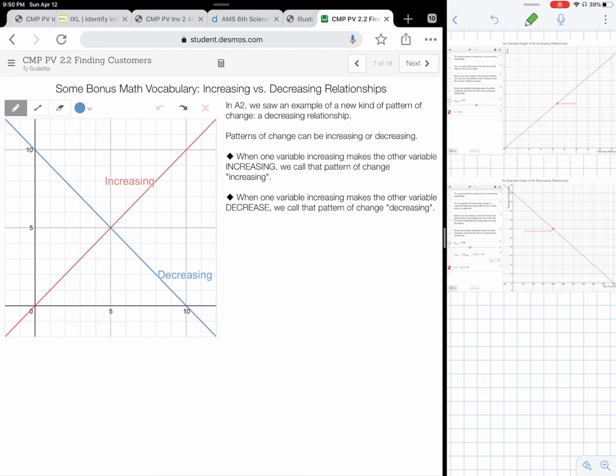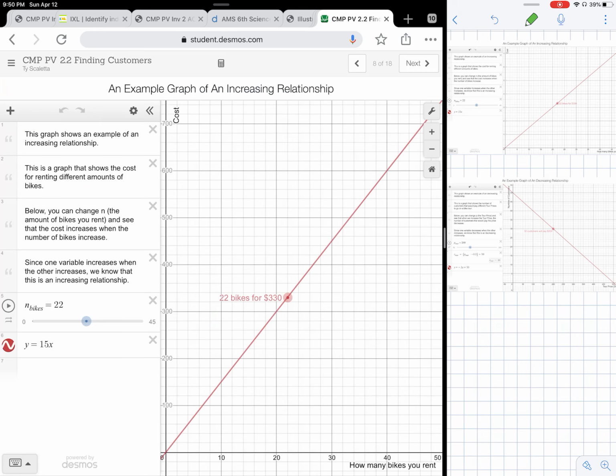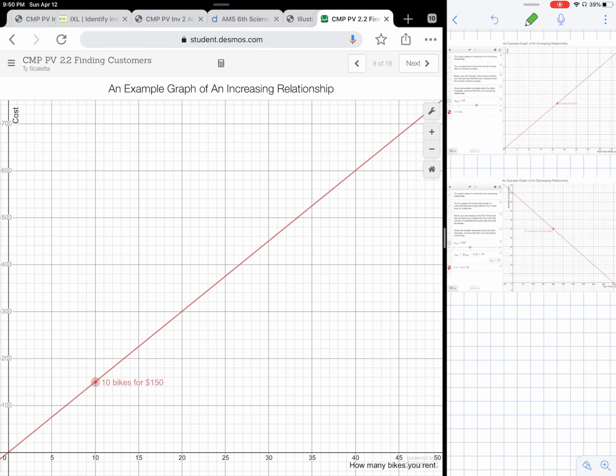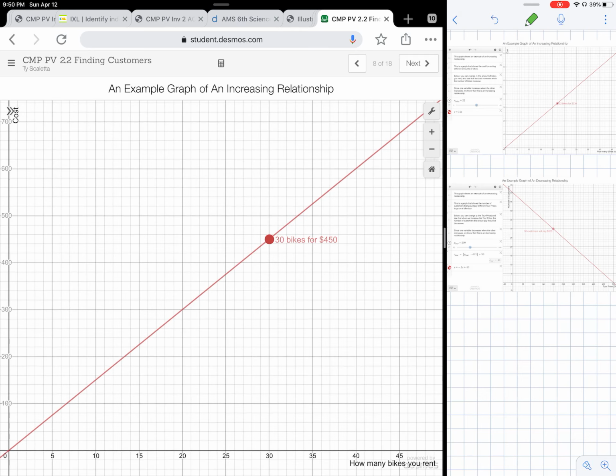So you can play around with this on the Desmos activity too, right? You can take your finger or your clicker and drag this point to see, okay, if I have 10 bikes, it costs $150 right down here. And if I increase the number of bikes to, let's say, 30 bikes, I pay